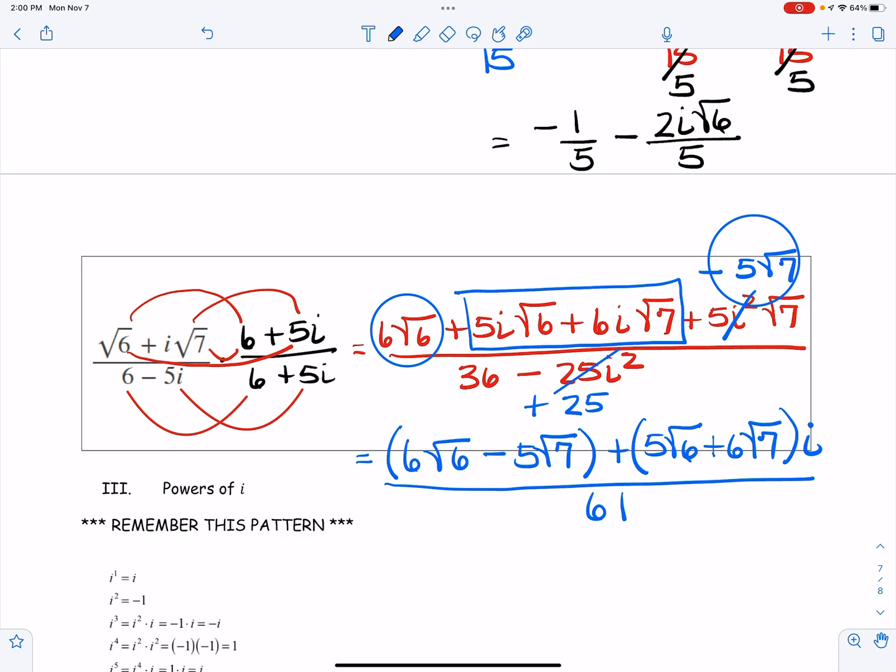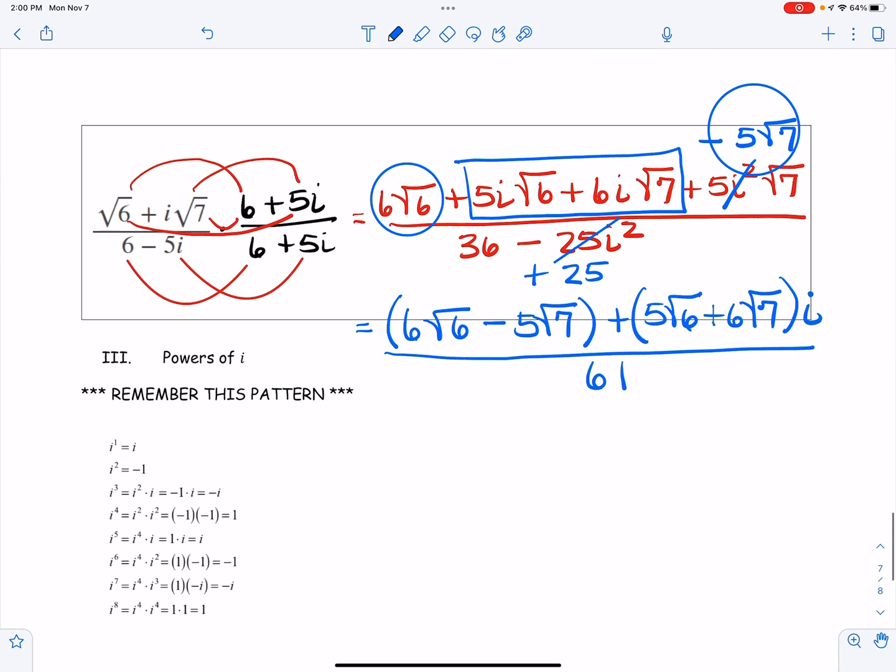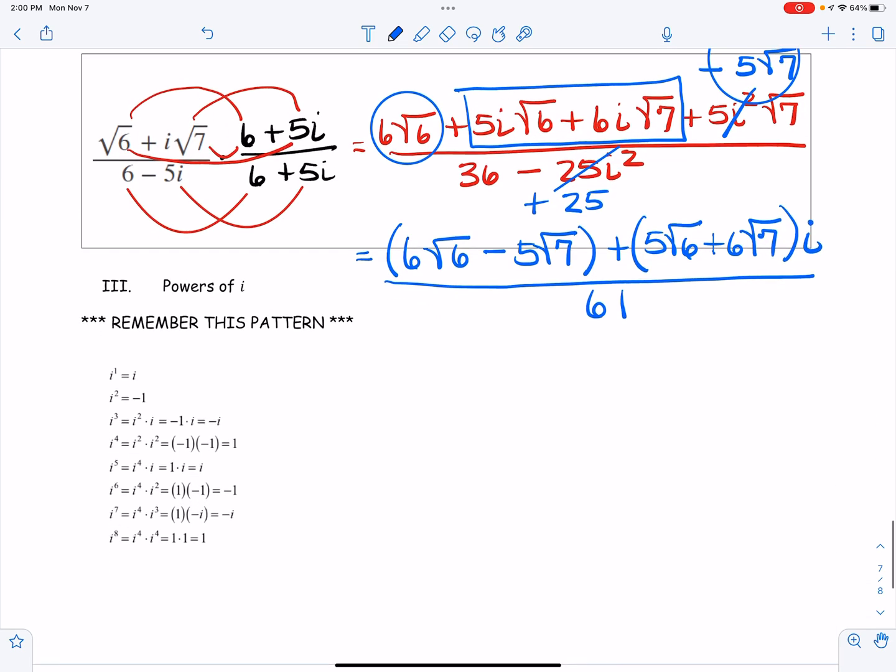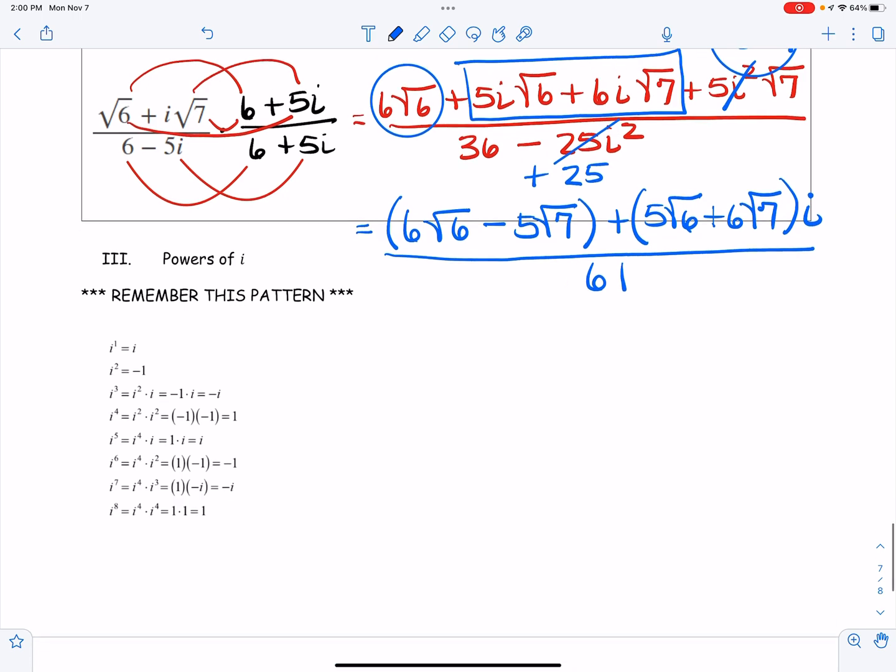Now, I'm perfectly fine with you leaving the top numerator like that, as long as you have changed out that i squared. You don't necessarily have to group it like that, but that's what the Hawks is going to want, okay? All right, so the last thing that we're going to do is look